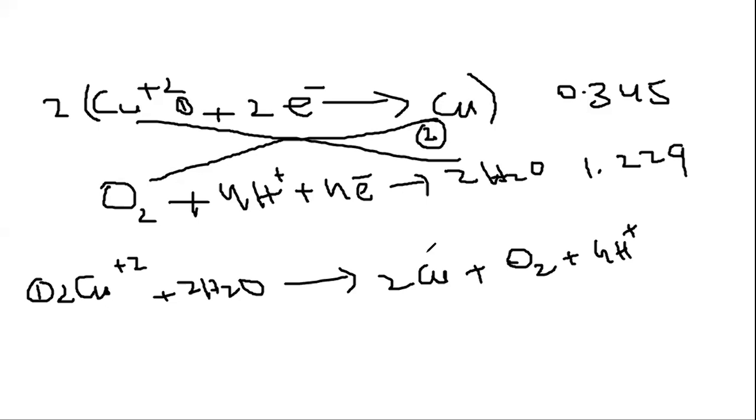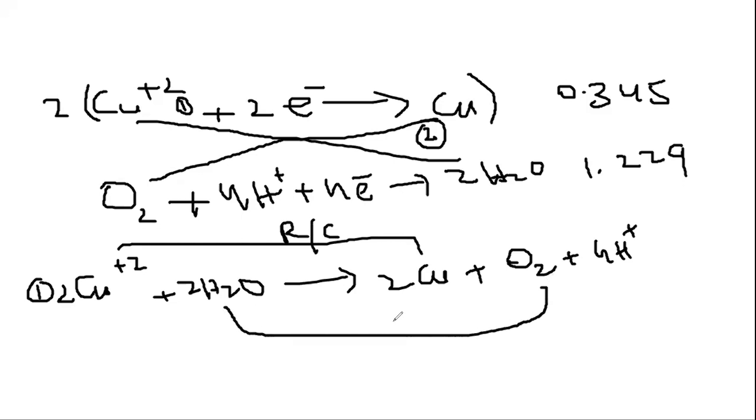Very good. This is as simple as she has explained. So you have to calculate the cell potential. If the cell potential is negative, then it is non-spontaneous. If it is positive, it would be spontaneous. So what we are going to do over here: copper is going to reduce, that means it is the reduction. Reduction is happening at the cathode, and this is going to oxidize, and this is the oxidation. This is happening at the anode, and the E cell